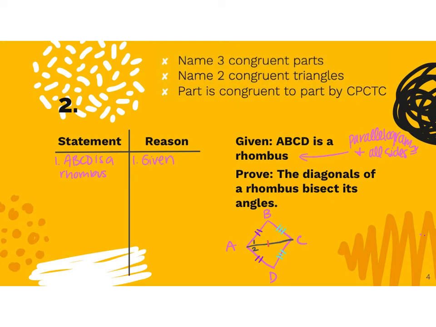You're always going to want to make sure you write out anything you were given. If for some reason you don't use what you're given, still write it out. Make sure you have everything written out just to be safe. Next, we're going to say that AB, that side length, is congruent to side length AD. And the reason is either definition of a rhombus or all sides of a rhombus